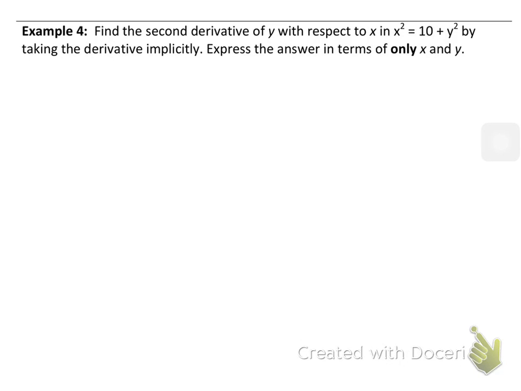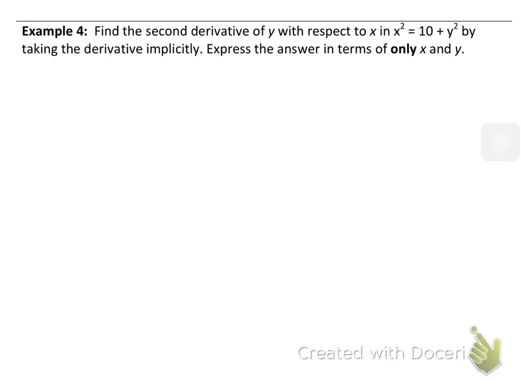Alright, in this video lesson we're going to take a look at how to find the second derivative with respect to x of an implicit differentiation problem. And we're going to find the first derivative, and then we're going to use that information to help us find the second derivative. So